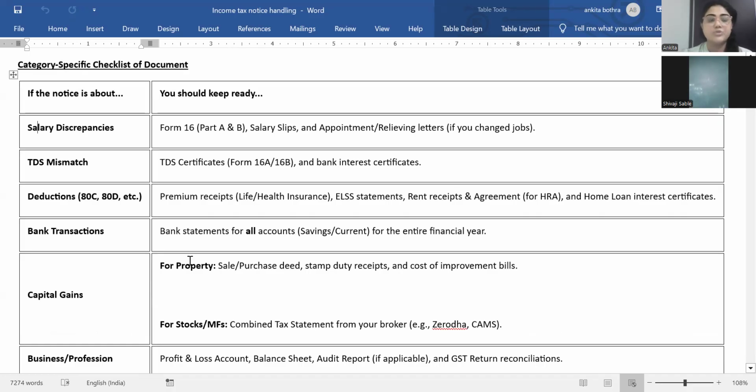And the next thing we have to understand is the checklist of specific documents. Whatever type of queries and concerns are raised in the notice, each type of query requires a different kind of document in the response. So if you are responding to the notice, then you have to be ready with the list of these documents. If there is any difference in your salary, then you have to be ready with the